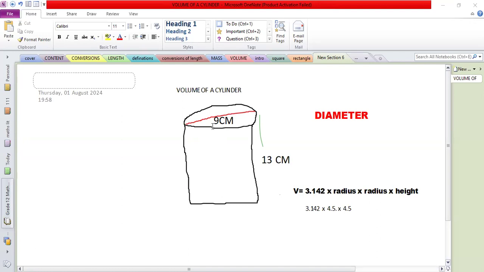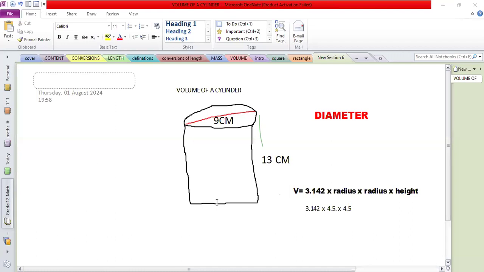So you divide what? The first thing that was multiplied, which is 3,142. Then you divide the second thing that was multiplied, the radius, 4,5. Then you divide the radius again because it was multiplied 2 times. Then you are left with 13. Did you understand me? Class, can you write if you understood that one? It was very simple. They gave you 827,1315. They say find the height. Divide everything that you know is multiplied in your volume.